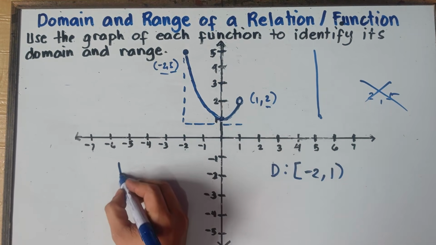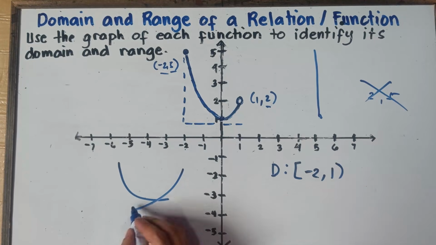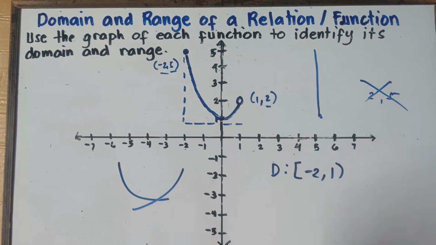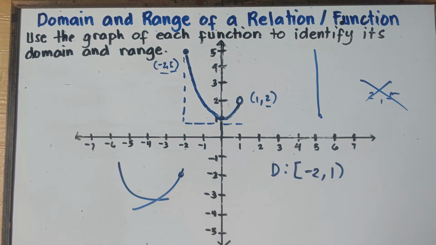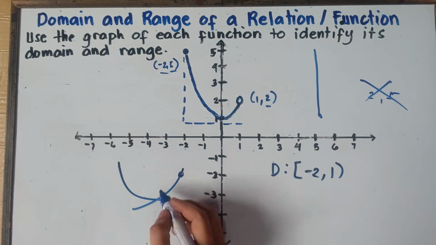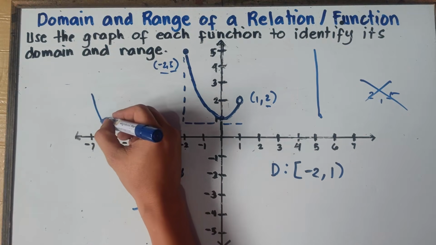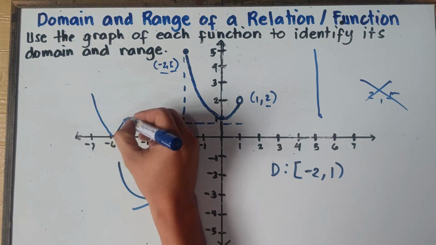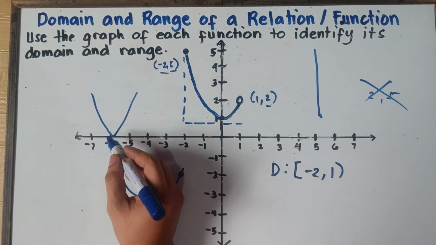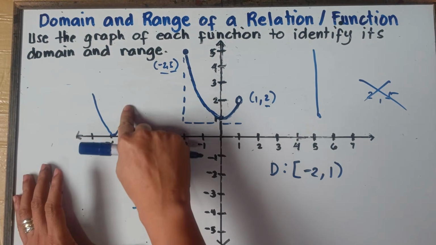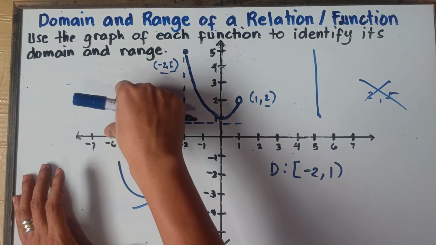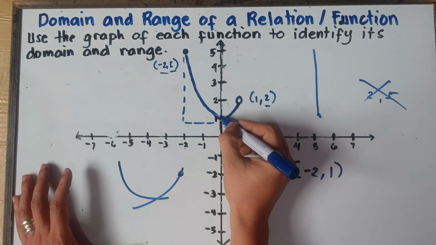Once again, class, with regards to the graph, if you didn't see any open or closed circle, automatic, it will be a closed circle. Just as an example, if you have this graph from negative 6, automatic, this point right here will be a closed circle. So this curved path right here will be a closed circle.